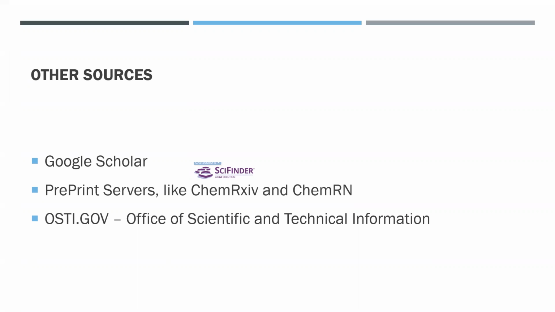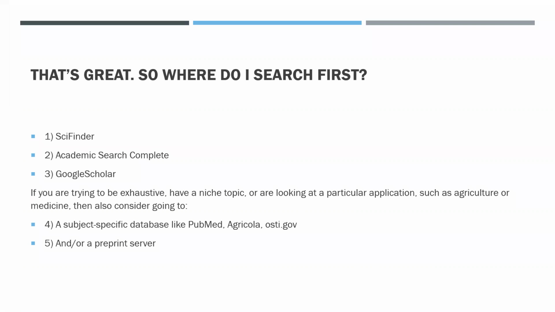So that concludes our overview of sources for primary chemical literature. You're probably saying, that's great, Megan, but where do I search first? Well, first, you search SciFinder. Then, you search Academic Search Complete. Third, Google Scholar. If you're trying to be exhaustive, if you're not getting a lot of results, or if you